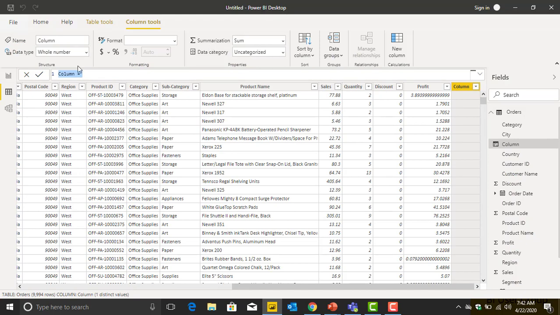the first thing you will see is that your formula bar is now active, and it's showing column equals to. So the first lesson you need to learn in creating calculations in Power BI is that every calculation you create, either you are generating a new table. Can you remember the other two scenarios for creating calculations? Think about it. You are either creating a new table, or a new column, or a measure. Whichever one you are creating, you must give it a name. So instead of leaving it as column equals to, I'm going to clean this and change it to cost. So it's going to be cost equals to